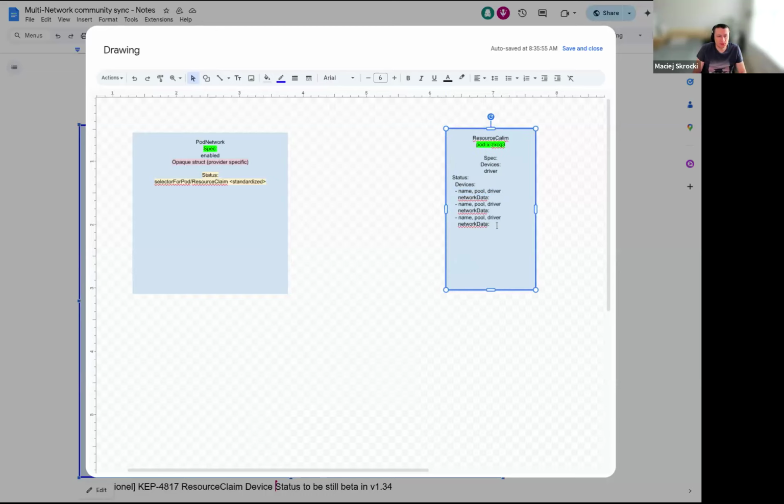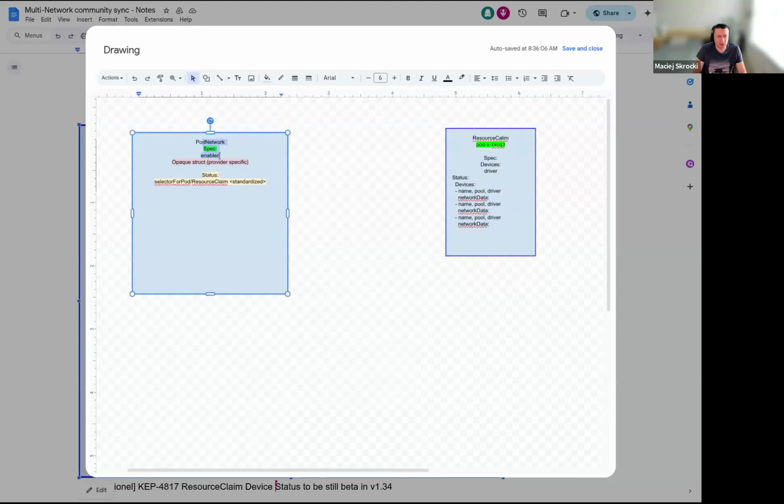How do I know that this specific one of those is for that pod network, right? How do I link those? Keep in mind, that's why I mentioned the CEL expression in the status. No, that's fine. Even if you have the CEL expression, that doesn't help, because the CEL expression is going to, oh,